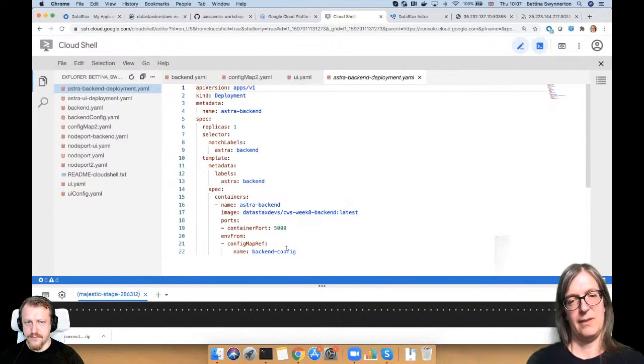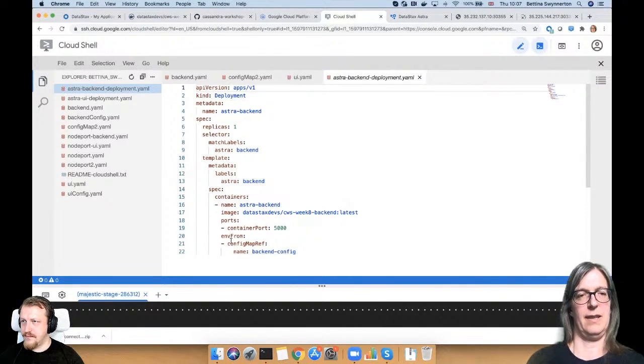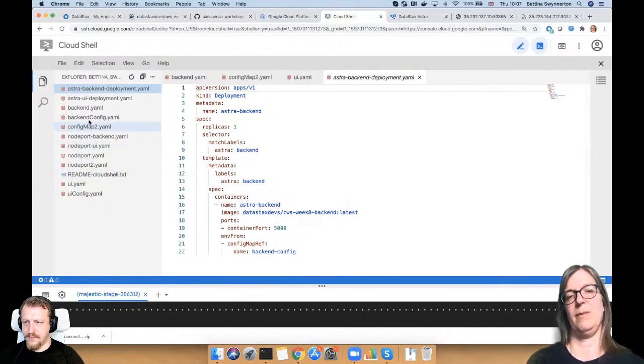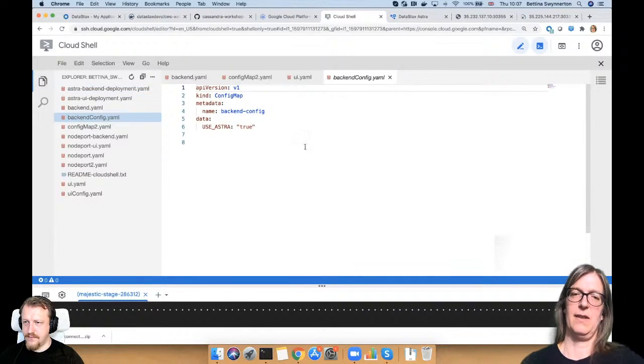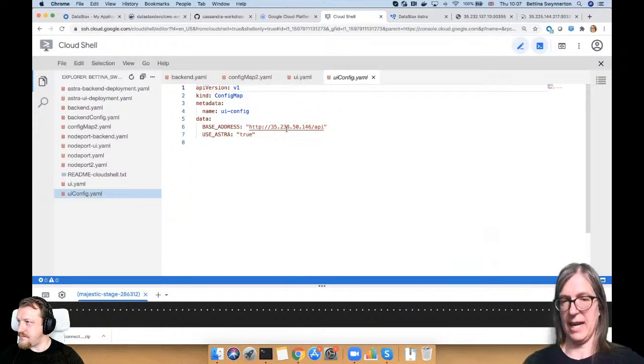We actually do a different config map. In this case, I split out the config maps for UI and for backend, because they should really be independent. So the config map for the backend only has this environment variable, and the config map for the UI only has the environment variable for the backend and for use Astra.